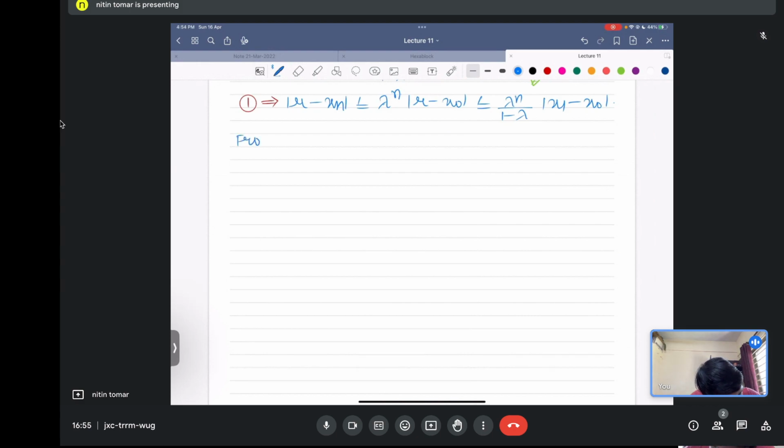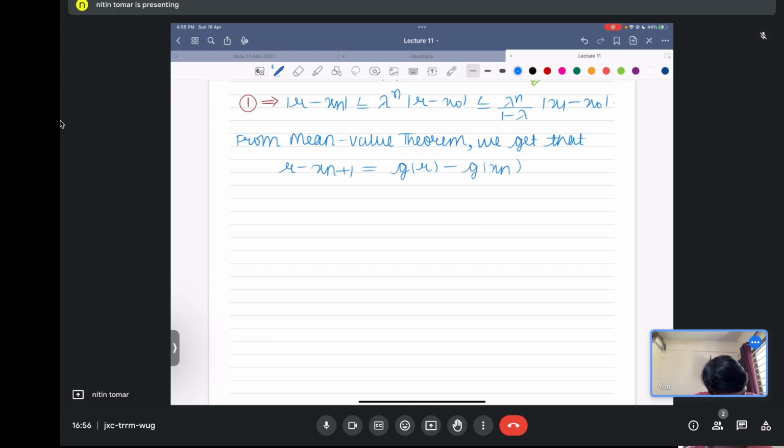Again, from the mean value theorem, we get that r − x_{n+1}, with r being g(r) and x_{n+1} the way I have defined it, is g'(ξn) times r − xn,